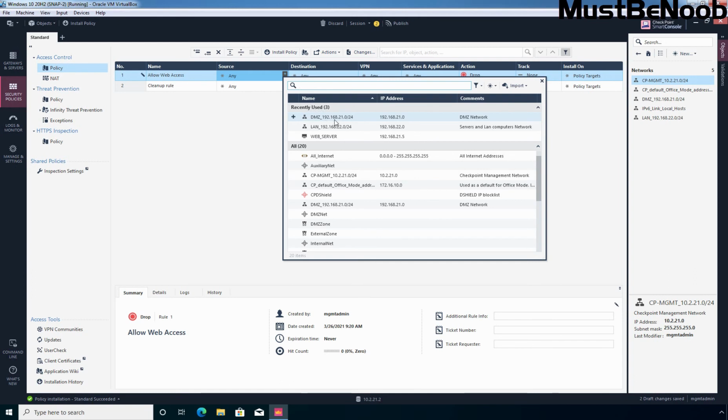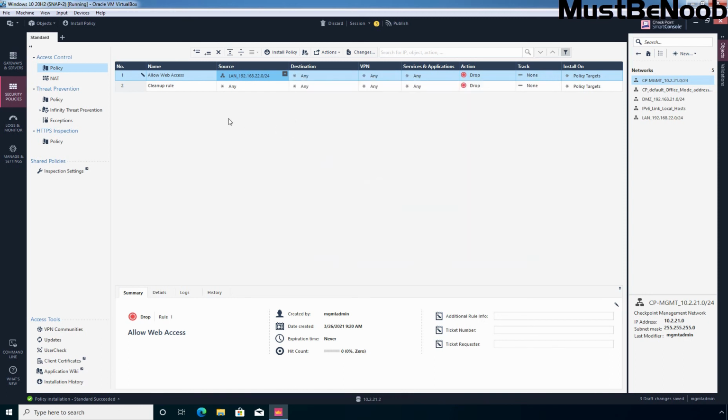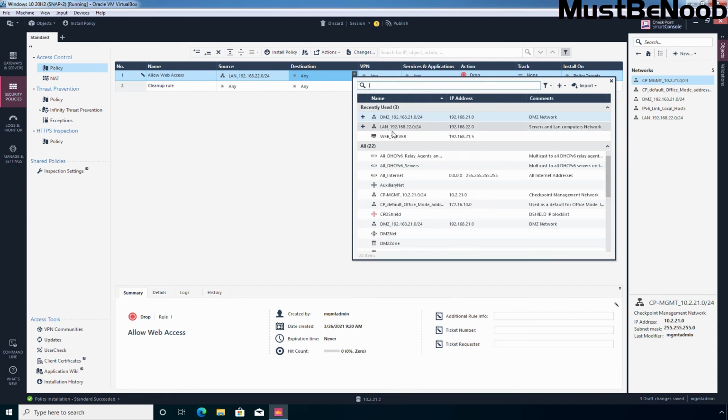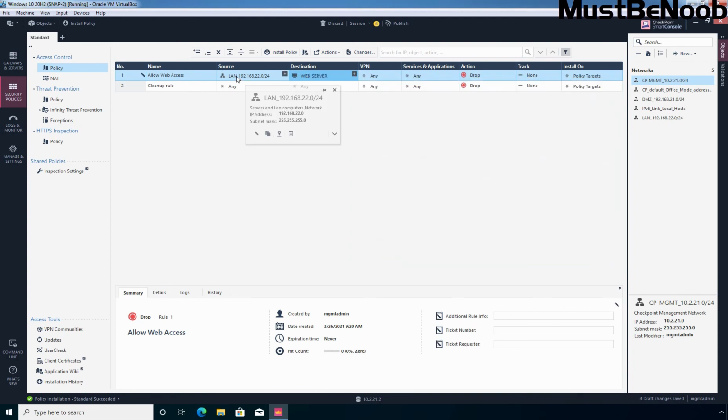Under recently used, you can see we have 2 network objects and 1 host object. From here I'm going to select LAN, and you need to click on this plus icon to add that object as a source. Under destination, again I'm going to click on this plus icon, and from here I'm going to select the web server. So the source is going to be our local network LAN, and the destination is going to be the web server with the IP address